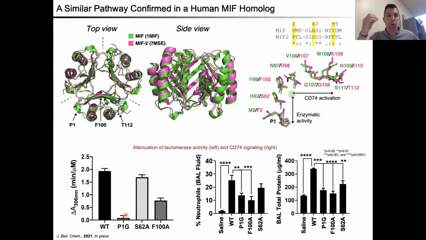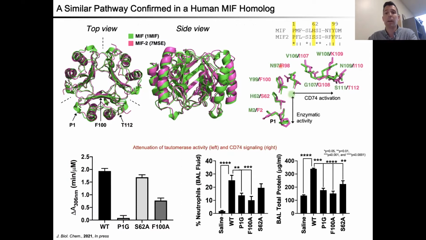and studied the only other MIF homolog found in humans, D-dopachrome tautomerase, which is also a pro-inflammatory protein that overlaps in activity with MIF. It binds the same receptor. It has the same threefold symmetric trimer structure. However, it has only 35% sequence homology to that of MIF. And as it happens, with the exception of proline-1, none of the residues in these two enzymatic or CD74 binding